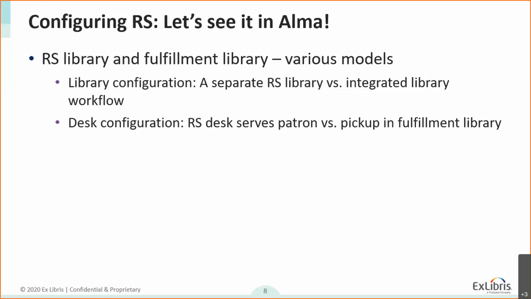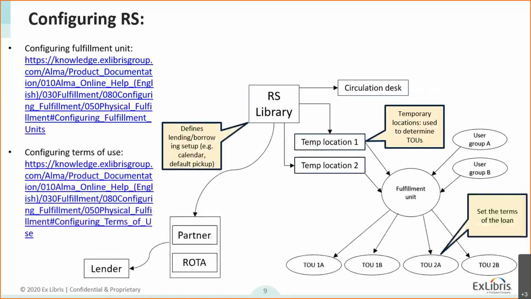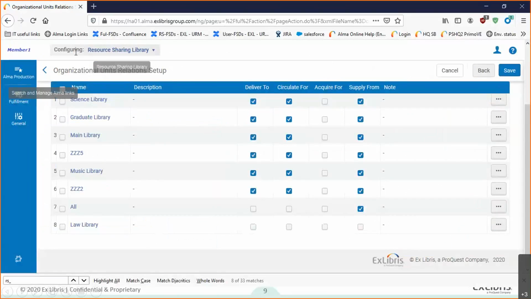So my patrons will be notified when the item is actually there, waiting for them on the hold shelf. And also I can follow up on this item and see it's in transit or was already scanned and already loaned. And as well, the desk can serve patrons directly or not. And then when I configure my locations and my fulfillment units and terms of use, I am configuring the services that my patrons will get. So again, if we look in Alma,